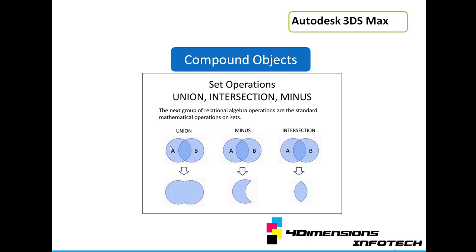When you draw any two shapes, in order to combine them and make it union, we use the union operation. The next, when two objects intersect each other, to minus any particular shape from the first one, then you can go to the minus. And then when two objects intersect each other, in order to keep only the intersection portion, we use the intersection. Let's learn how these commands will help us to do the modeling.